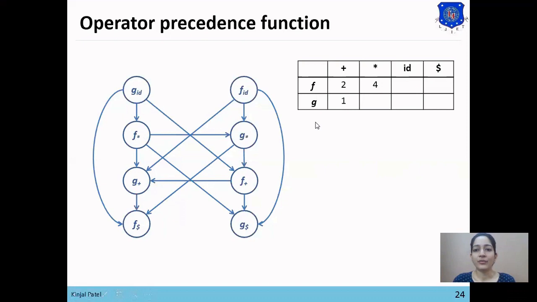Now next we want to find the longest path for g star. So here is the g star node. Now we want to find the longest path toward either f dollar or g dollar. So here is the longest path: from g star to f plus, from f plus to g plus, and from g plus to f dollar. So the value is 1, 2 and 3. So this has value 3.